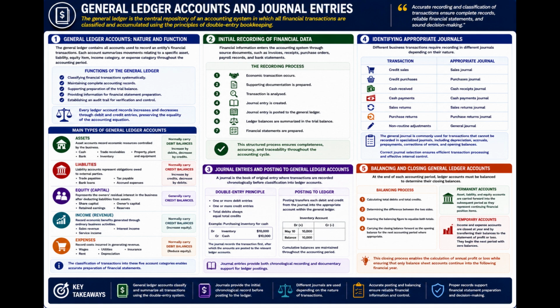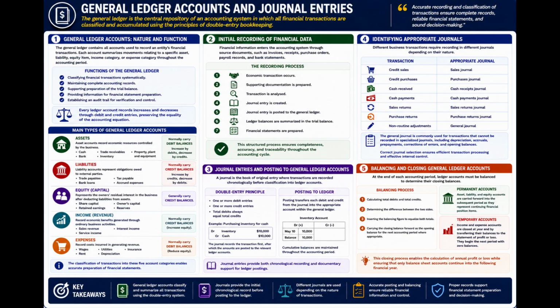In contrast, income and expense accounts are temporary accounts. Their balances are transferred to the statement of profit or loss, effectively closing them at year-end before beginning the next accounting period with zero balances. This closing process enables the calculation of annual profit or loss while ensuring that only balance sheet accounts continue into